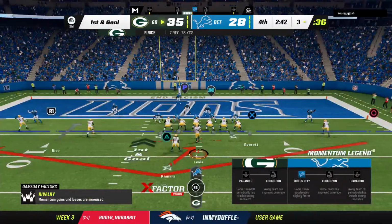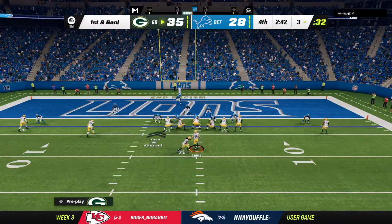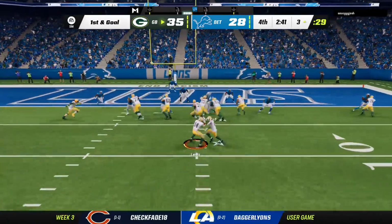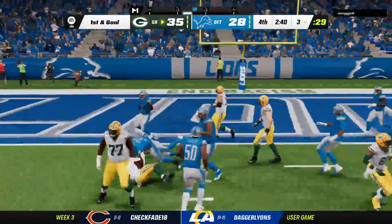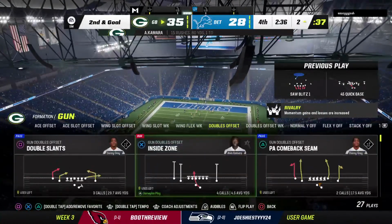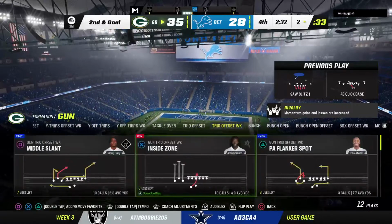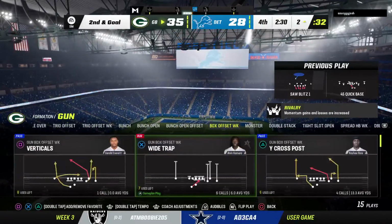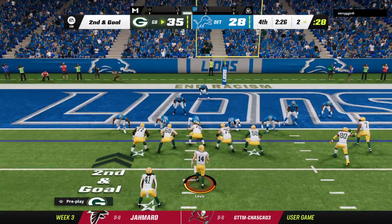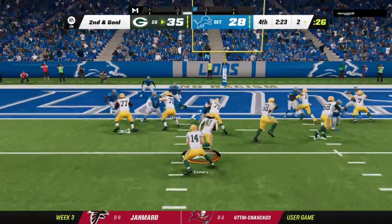So first and goal, 6 points here would go a long way toward wrapping this one up. Try to pound it in, Kamara. And the D not yielding much there. He's only going to get a yard to about the 2. This is where coaches have to discuss situations with their players, because him getting tackled there is not the worst thing in the world. You're going to run more plays, right? Clock's going to go. But his thought process is...